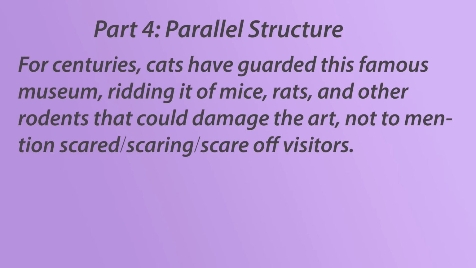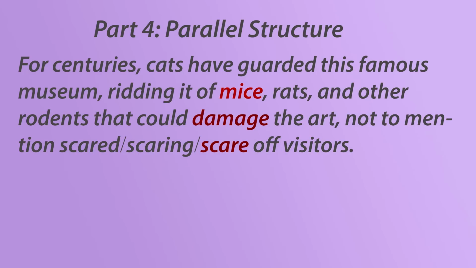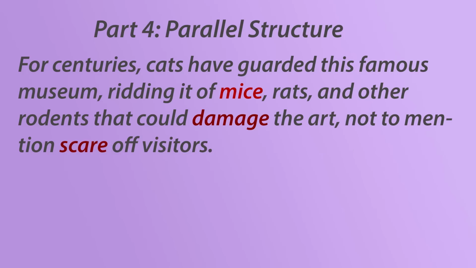It gets trickier with questions like this. "For centuries, cats have guarded this famous museum, ridding it of mice, rats, and other rodents that could damage the art, not to mention blank off visitors." I would always confuse whether it was talking about the mice or the cats, but it really helps to take the whole sentence into context. Would the cats really be scaring off visitors if they were put there to ward off the mice? No, the mice are the ones scaring people. So you have to make the structure the same according to the damage the mice are doing, not the cats doing the ridding. This may seem pretty obvious now, but sometimes it's not when you're in a rush, so take the time to actually comprehend all the sentences when you're going through this section.